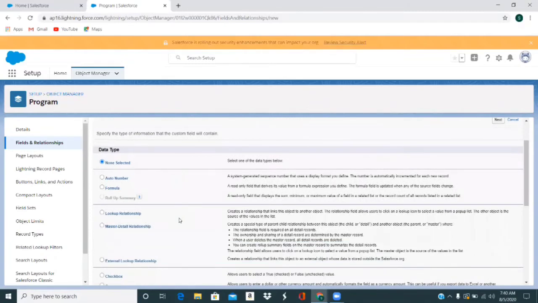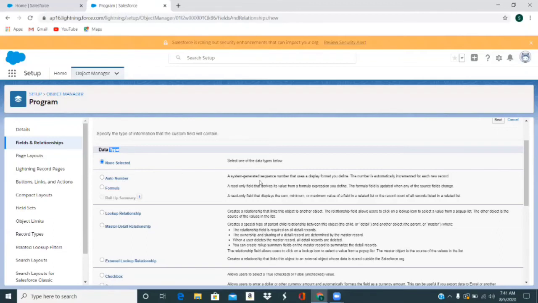And because we want to have two options, like in person and virtual, for that we would need a picklist. But before that, I'll just give you a brief introduction about the different data types in Salesforce. So here you can see, whenever you go ahead and create a field in Salesforce, it will ask for a data type. Currently none is selected. You have to select one of the data types below. There are different data types which we have discussed. Some of the data types we have already discussed, but some of the data types you can see here. The first one is the auto number.